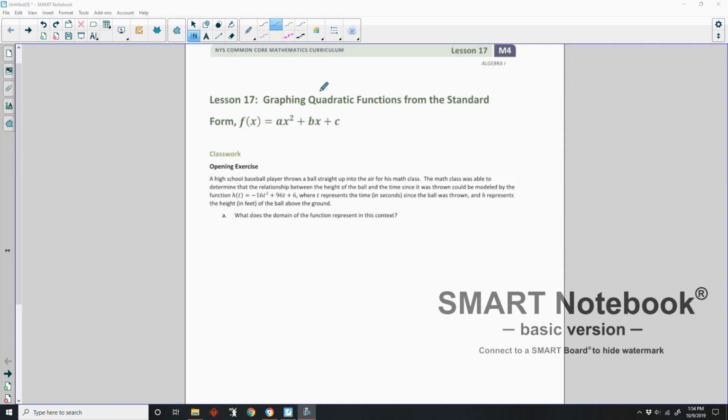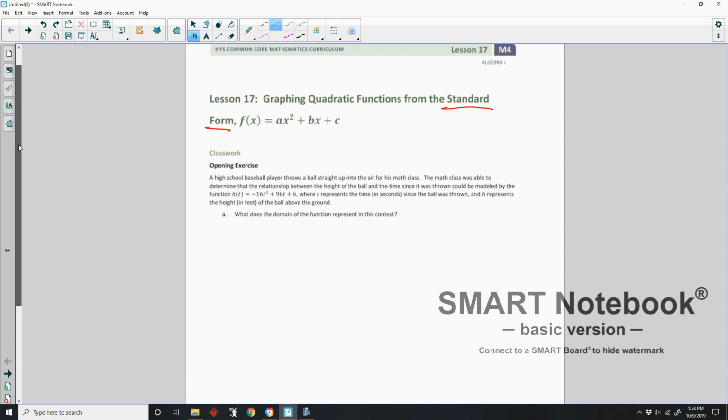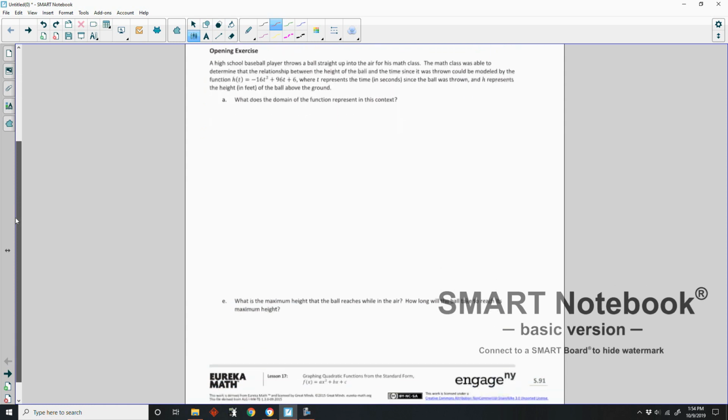Welcome to Lesson 17, Graphing Quadratic Functions from the Standard form. Okay, so Lesson 16 was graphing from the vertex form. Now we're going to graph from the standard form, which is f of x equals ax squared plus bx plus c. Classwork opening exercise says a high school baseball player throws a ball straight up into the air for his